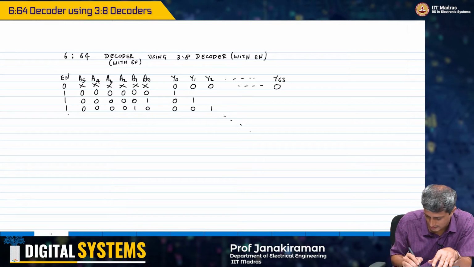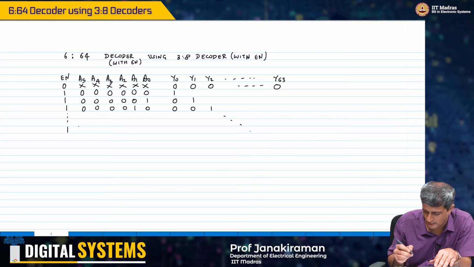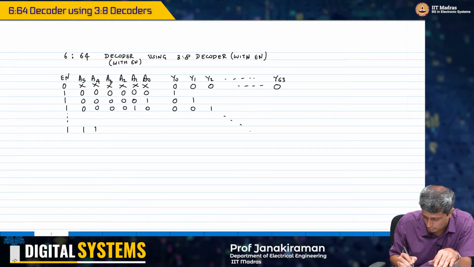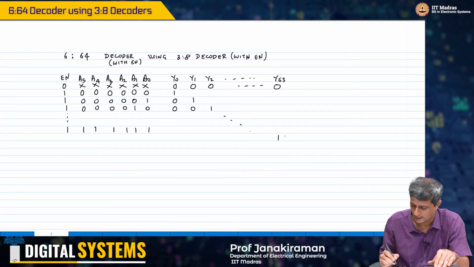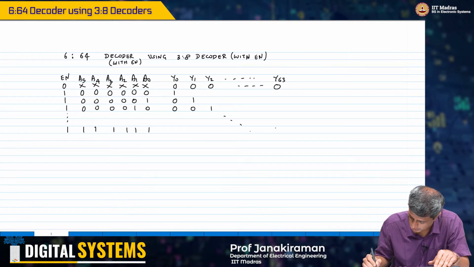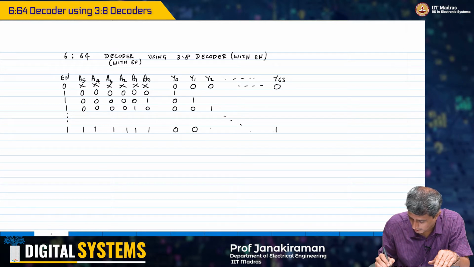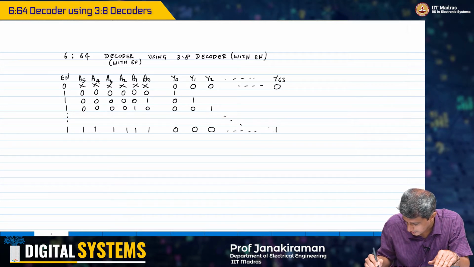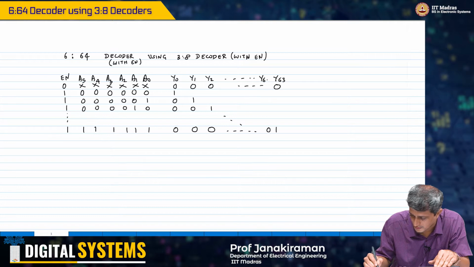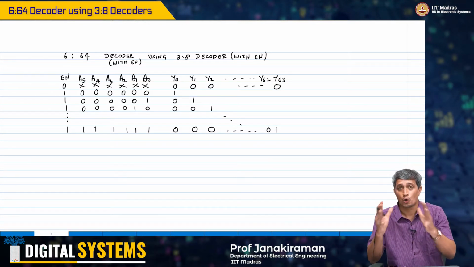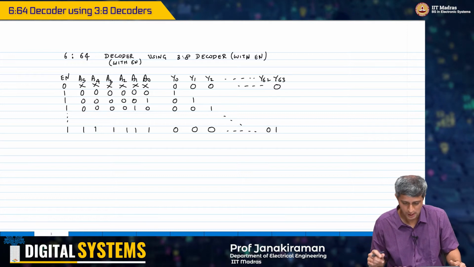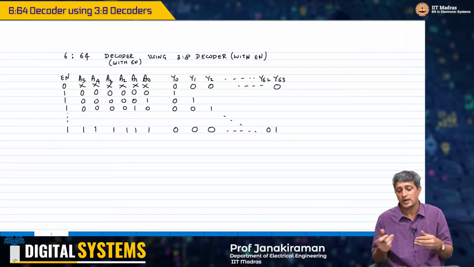You go on like this for all the 64 combinations. 1 1 1 1 1 1 will result in Y63 going to 1 and everything else being 0. So effectively this is the truth table that we want,